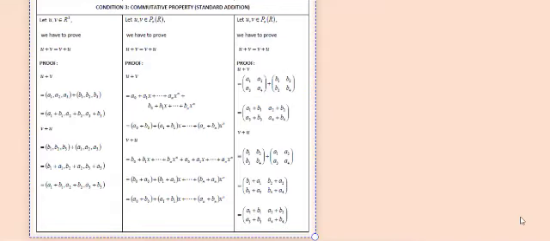See, the third property is the commutative property with respect to standard addition. And the commutative property is very simple.